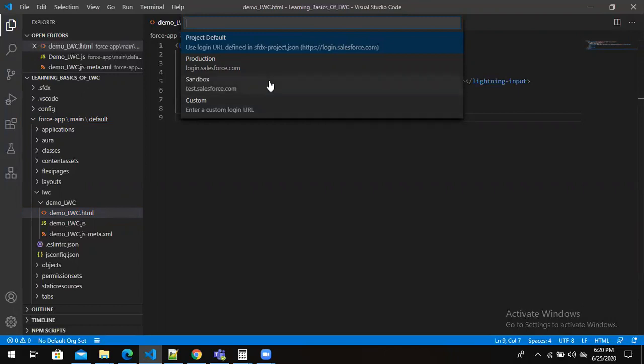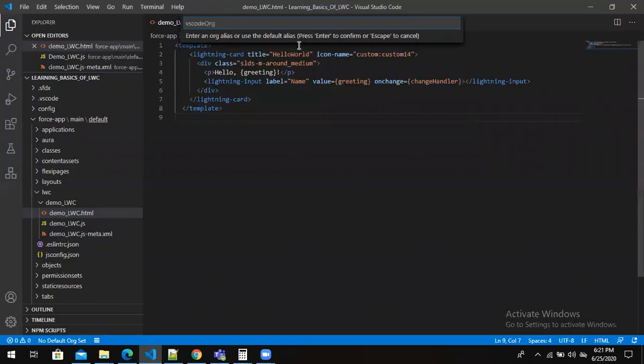But now I'm going to work with a developer org, whose URL is always login.salesforce.com. So I'll just go with the default URL. You have to select your appropriate option and press enter. Once you're done with that, you can give any name to that particular org.